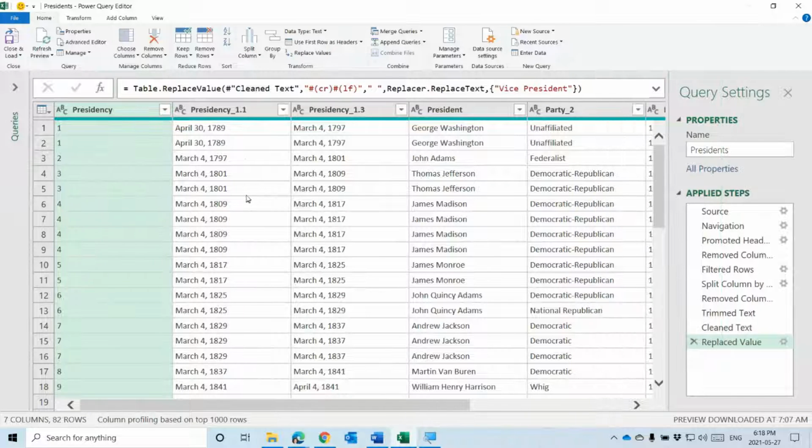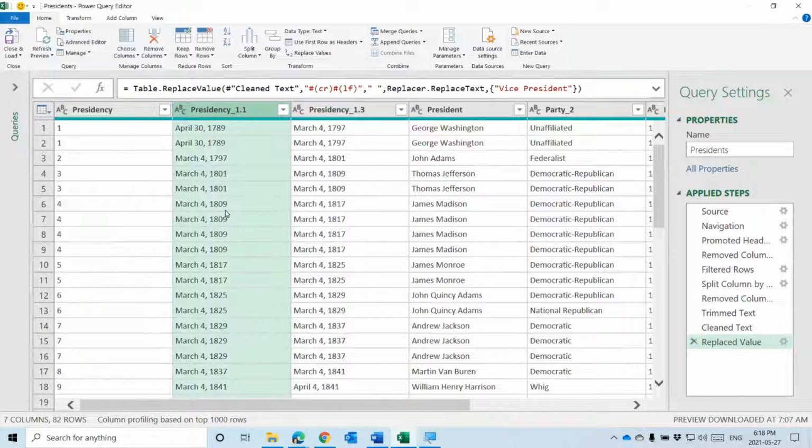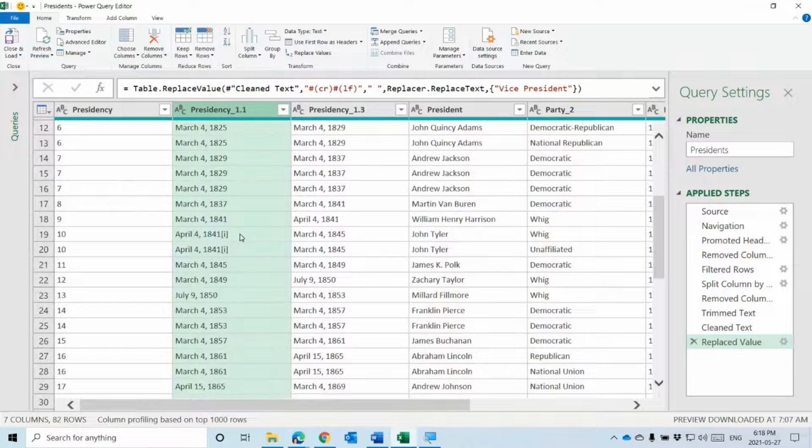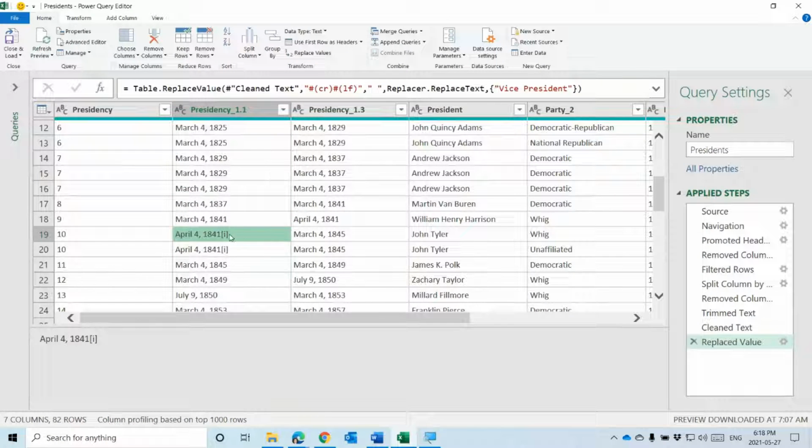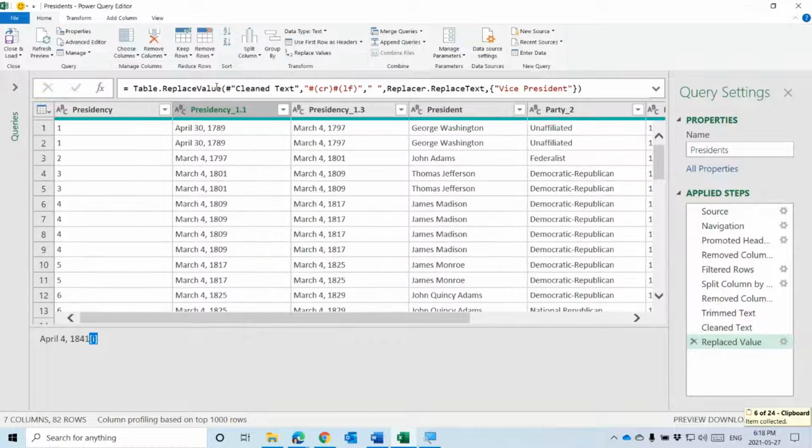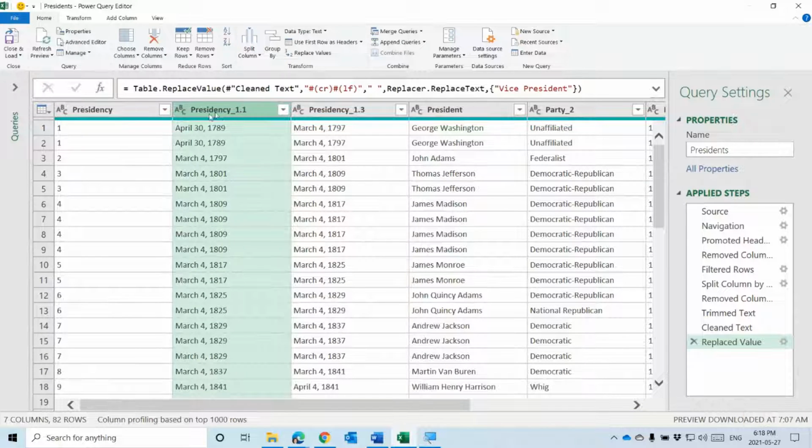So let's take a look at this column. We saw these characters there. If I select the cell, I get a preview here and I can select that text. I'm going to press Control-C to copy that. And then I'm going to ask Power Query to come to this column and